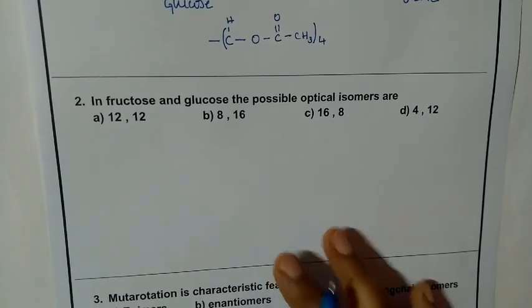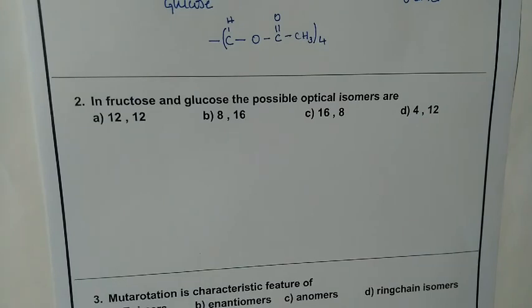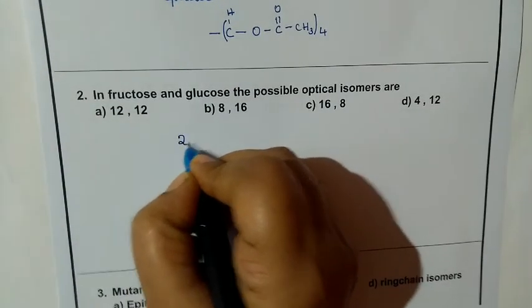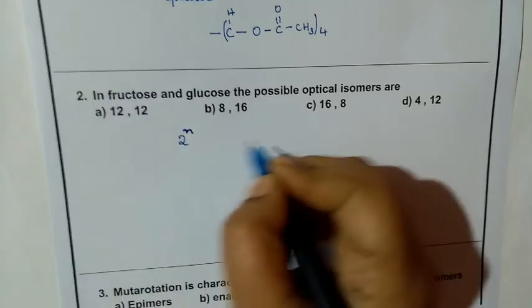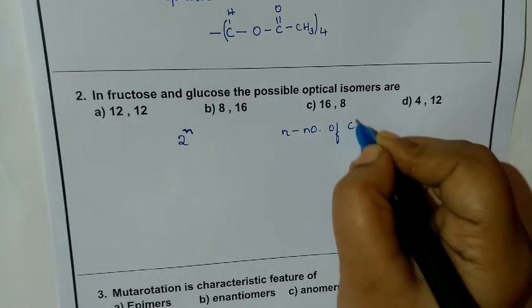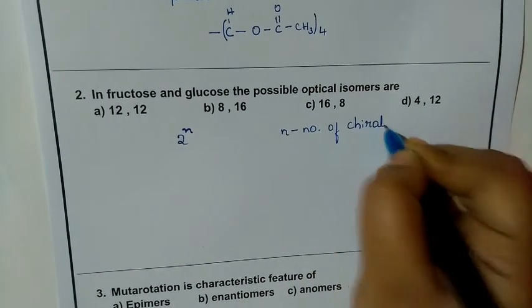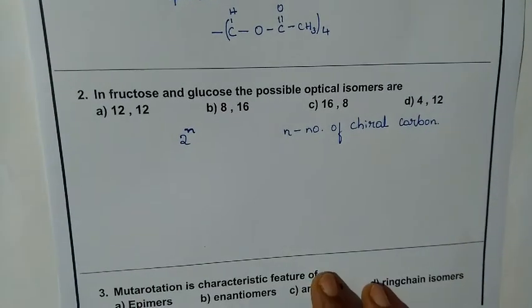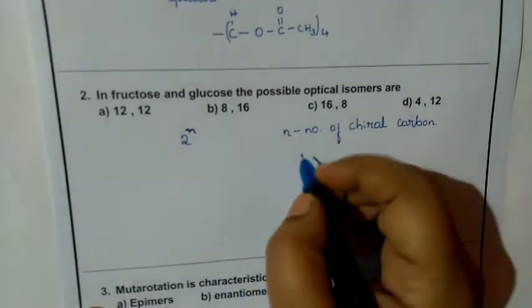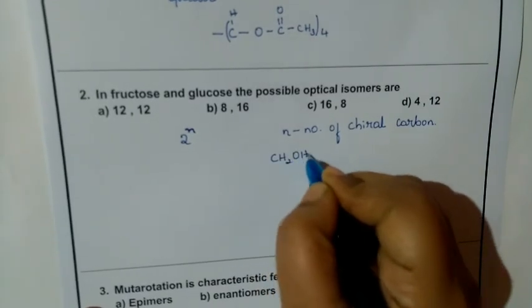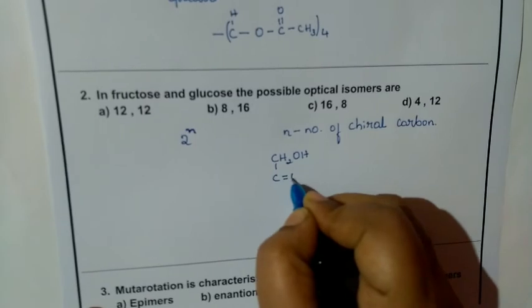That is, in fructose and glucose, the possible optical isomers are. So we need to find out the optical isomers. To calculate optical isomers, we have a formula 2 to the power n. What is n here? N is the number of chiral carbons. In fructose we will take, so if it is fructose, CH2OH, C double bond O,